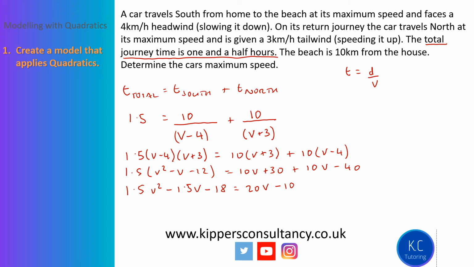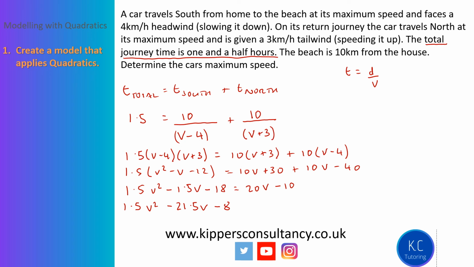Finally, we can see that this begins to pull together and look like a quadratic. So I'm going to put it in the quadratic form, where we have the x squared term, the x term and the number term on the left hand side. In this case, our unknown is v, so our v squared term, our v term and our number term will be on the left hand side, and we'll have that equal to 0. So when we do that, we get 1.5 v squared minus 21.5 v